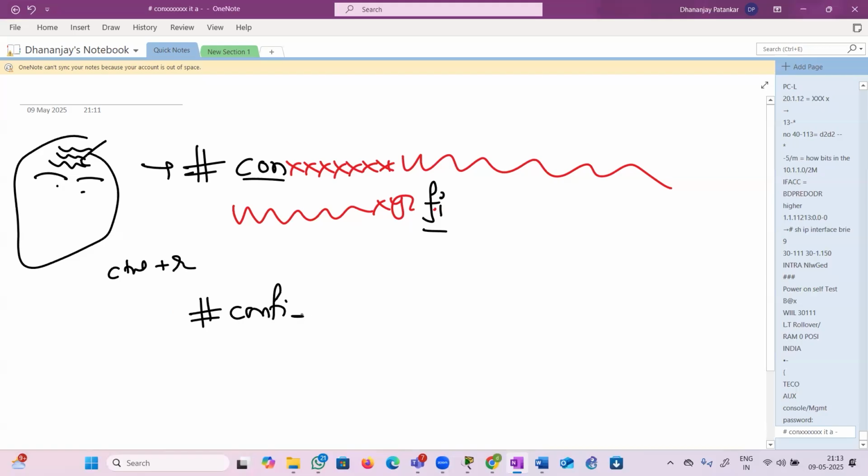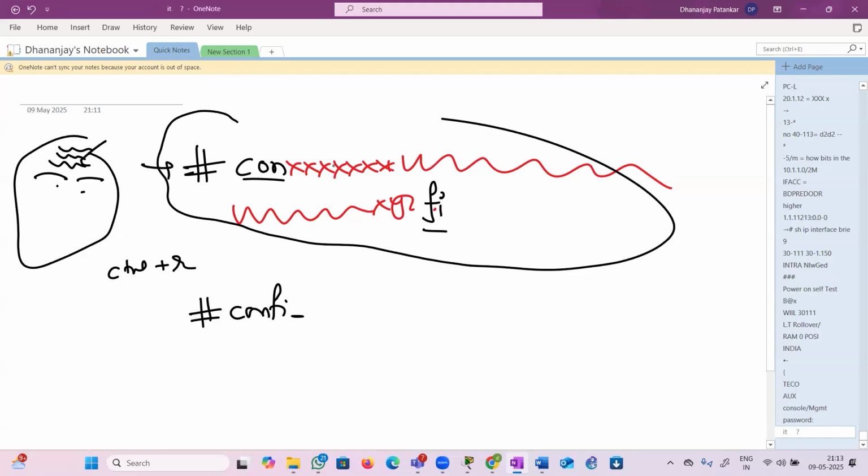You get the point? So every time, this will keep on popping after 1.5 minutes, 1.5 lines, right? So every time it's a headache to me. So what do I do? I go to the global mode, type line console 0, and I come under that and say logging synchronous. So next time onwards, supposing I'm at the privilege mode and I was trying to type configure terminal, so I typed